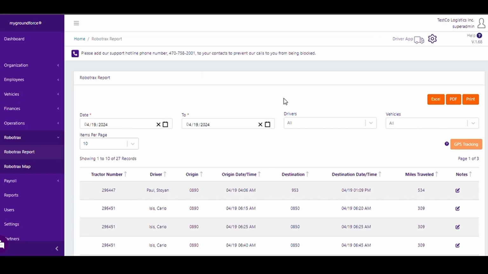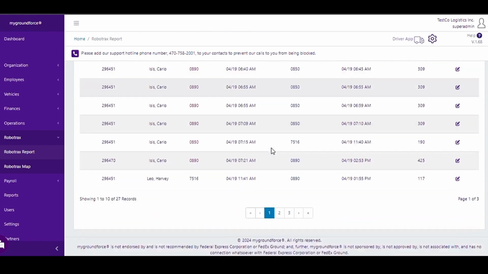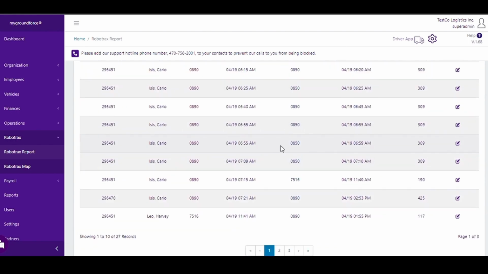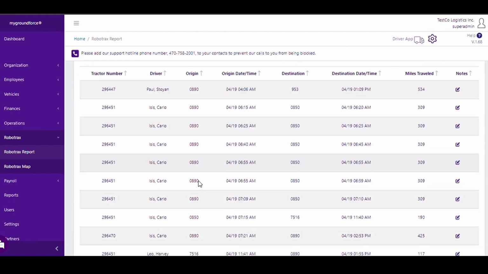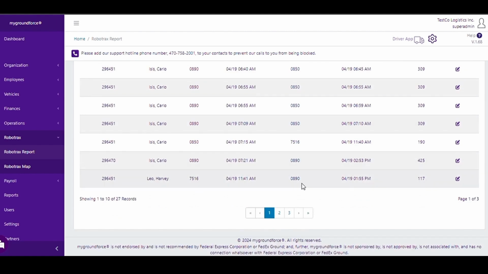In this tutorial, we're going to show you how the Robotrax report works. This report shows all the trips made by vehicles and drivers according to the ELD registered in mygroundforce. They are displayed in the form of trips with origin and destination, always starting with the origin being the destination